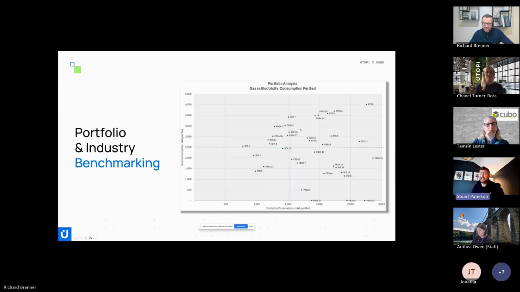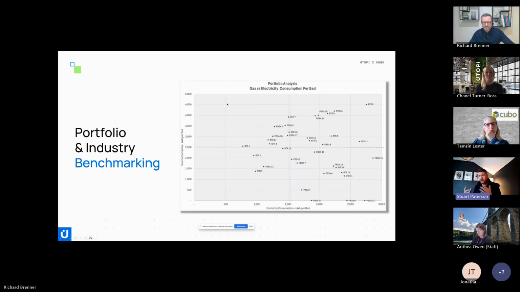Once we've identified buildings or groups of buildings or parts of a building where there's opportunity for improvement, what we'll then do is we'll peel the layers back on the data set that we've got, and that could be data that we've ingested from other third parties such as energy providers, or data from the Utopi multi-sensor. I'll just very quickly hold a multi-sensor up just so we can see, and I'll put it against my iPhone here just so we can see how small and neat a device it actually is.